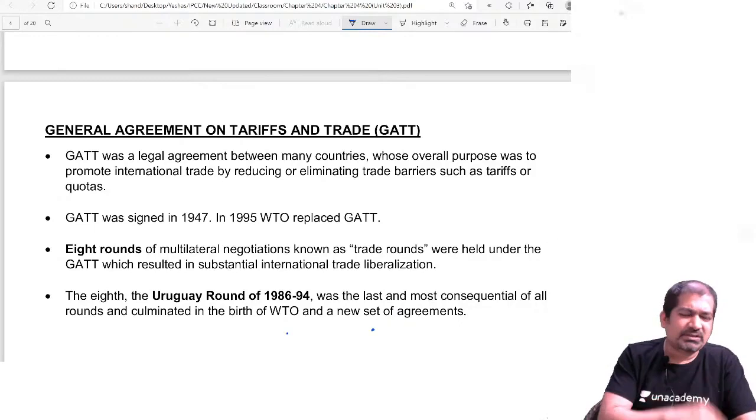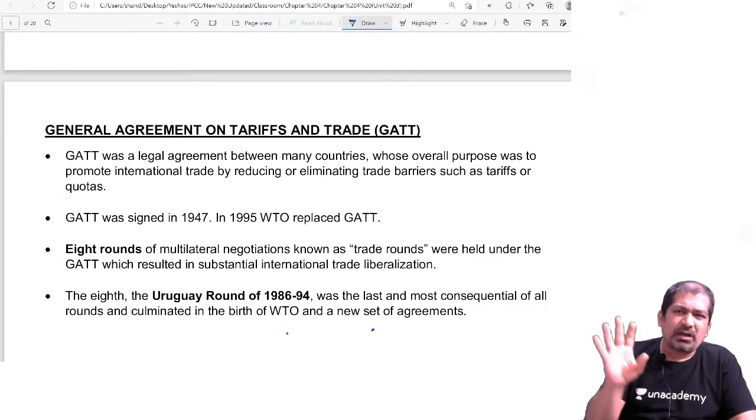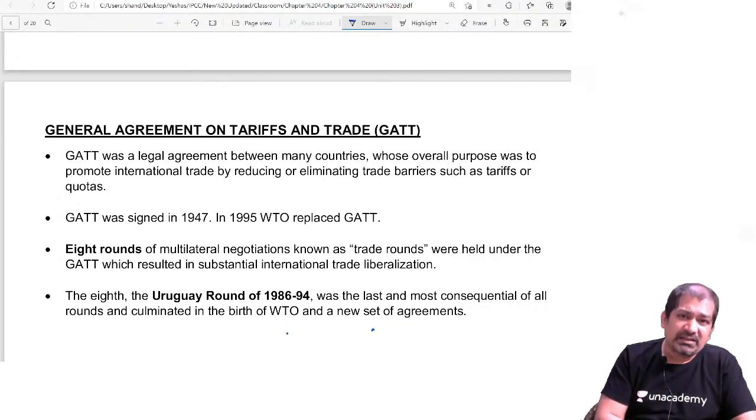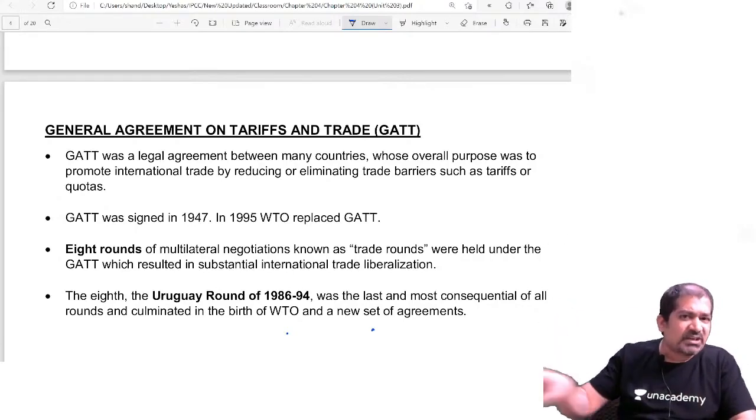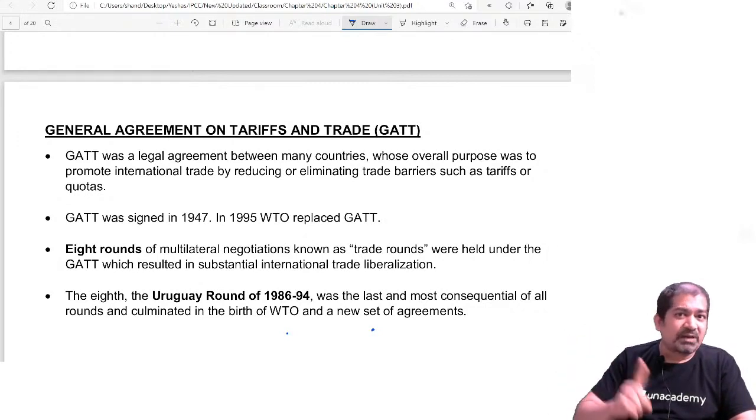Then this kind of system is also there under the World Bank. We will not go into that because they have not included it as a part. It is known as the Multilateral Investment Guarantee Agency. MIGA is a part of the IBRD, the International Bank for Reconstruction and Development. What it does is that one country will have to provide a guarantee to another country that if the US is investing into India, if a company in the US is investing into India, then the Indian government will have to provide a guarantee that the Indian government will not do anything that will be detrimental to the investment made by a foreign firm